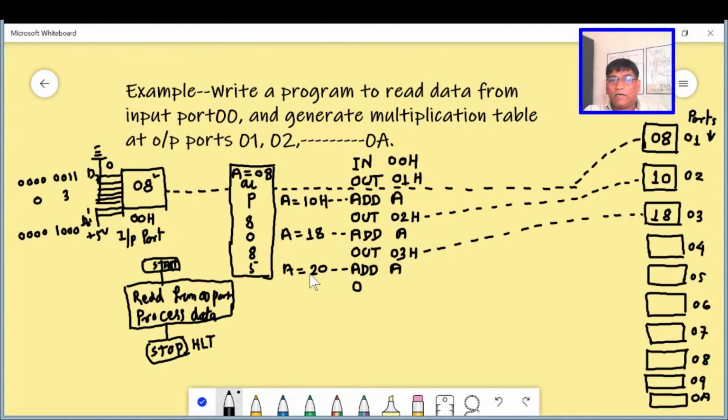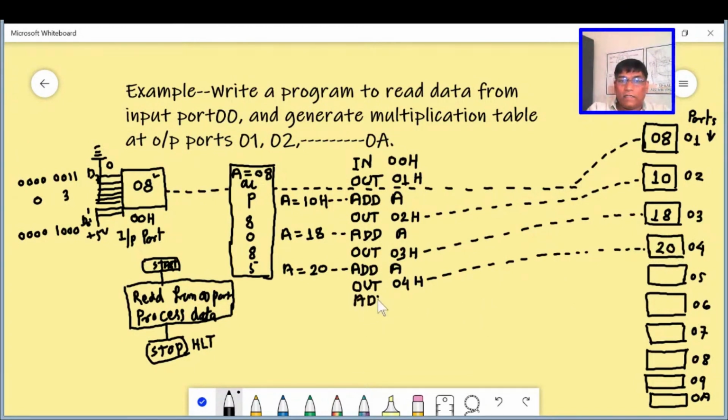After ADD A, the accumulator content will be 20. Again this content must be output at 04H, and at 04 the display will be 20H.